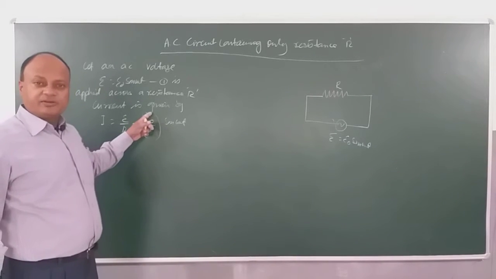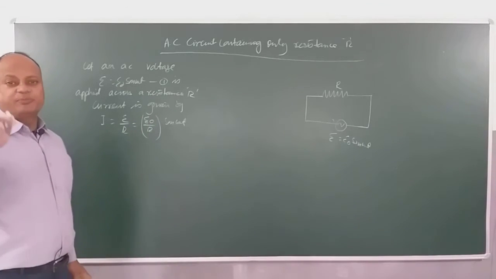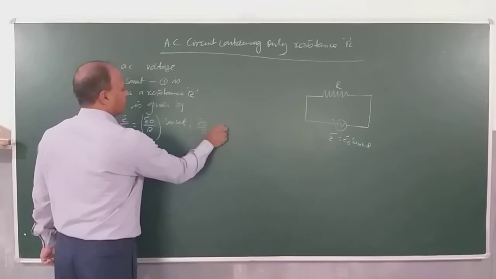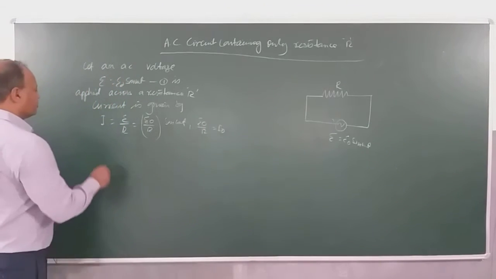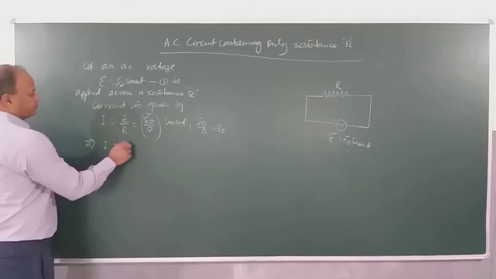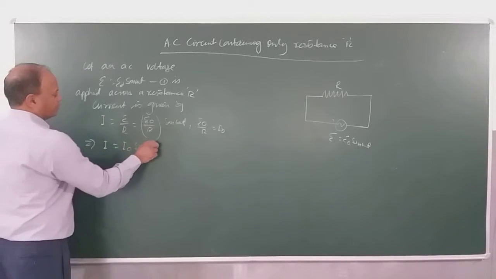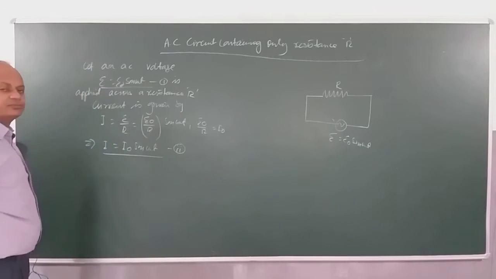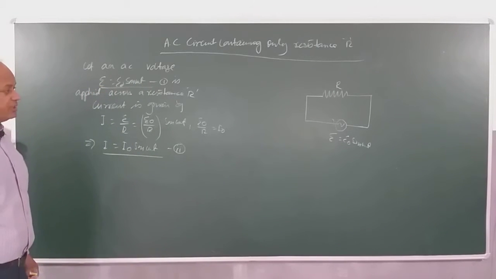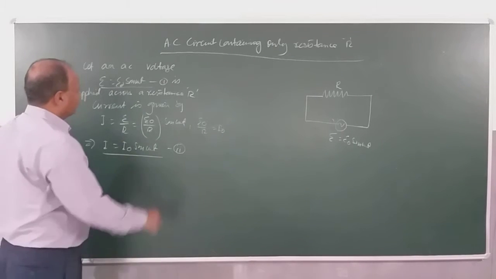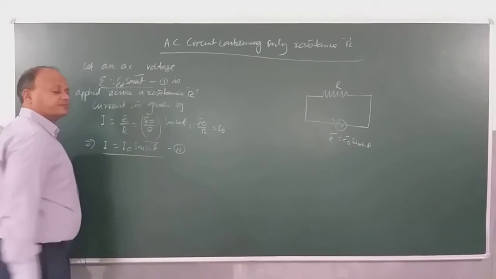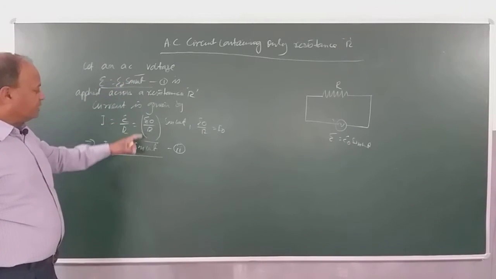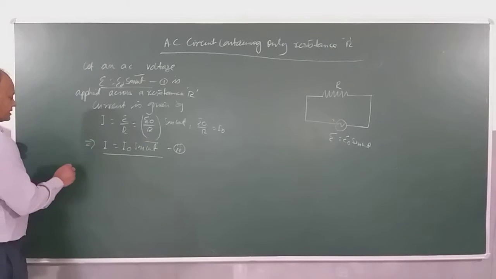And what is E0 by R? E0 is the peak EMF. If peak voltage is divided by resistance, we get what? Peak current. So I'll say E0 by R is equal to I0. So we get from here I equals I0 sin omega t. So when you look at these results 1 and 2, you come across a very interesting conclusion that they both are in the same phase. Okay, so there is no phase difference. Sin omega t, sin omega t. So we say, hence,